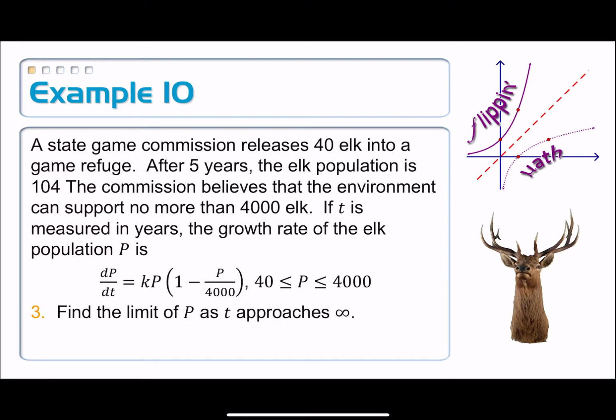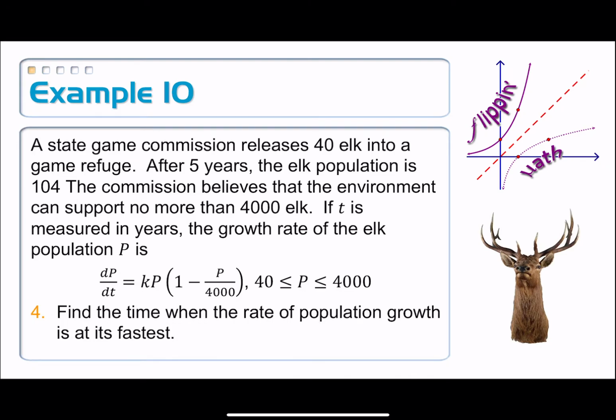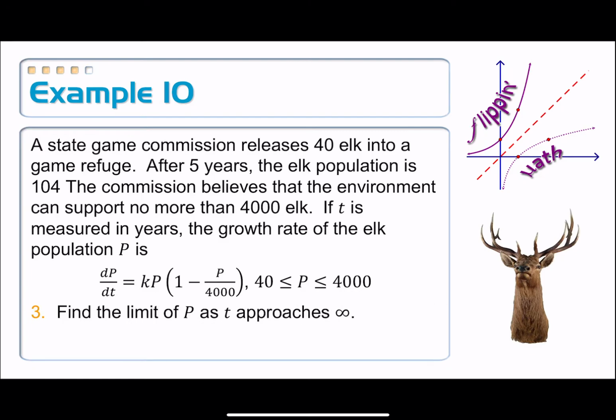Number 3, find the limit of P as t approaches infinity. Is that it on this particular question, or do we have another part? I think we have one more. Number 4, find the time when the rate of the population growth is at its fastest. Most of the parts of this question are very similar to the previous one. The biggest difference is going to be that very first one, where we're actually writing the